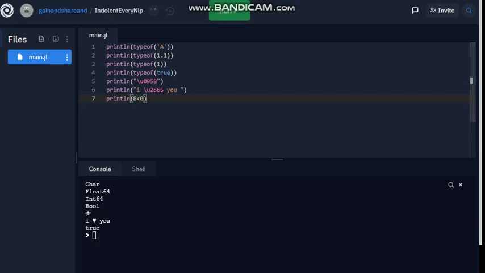Now you'll get False. In this way, you can perform all sorts of operations. That's about the operations, and now let's look at the strings.